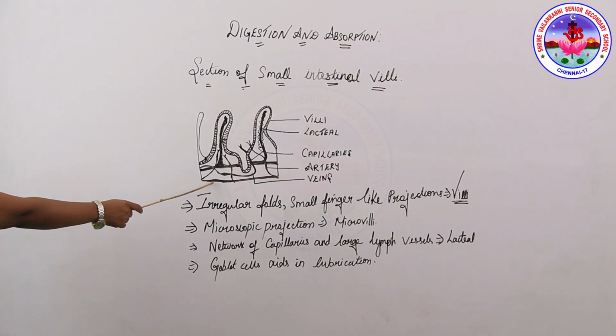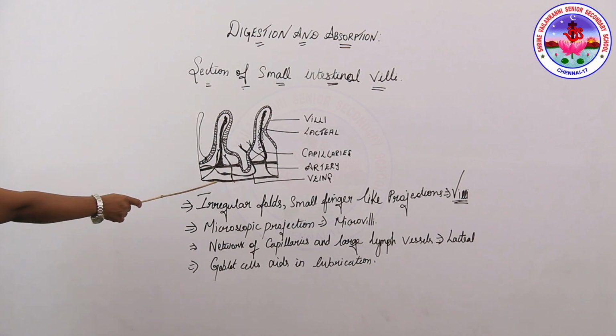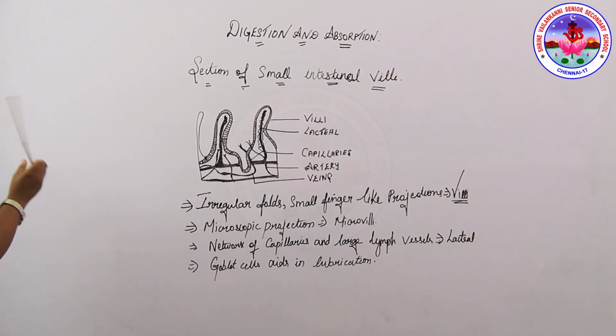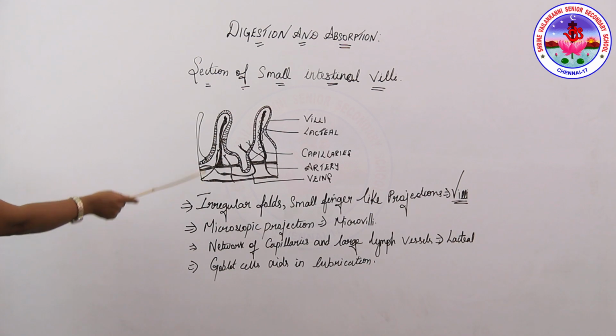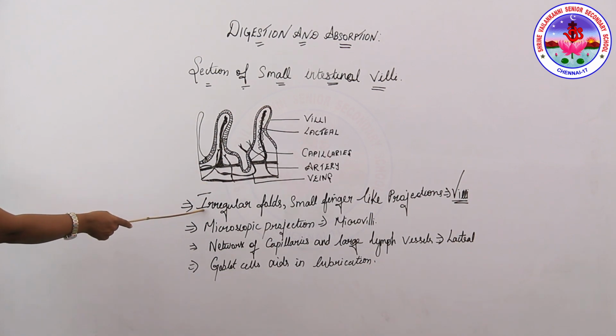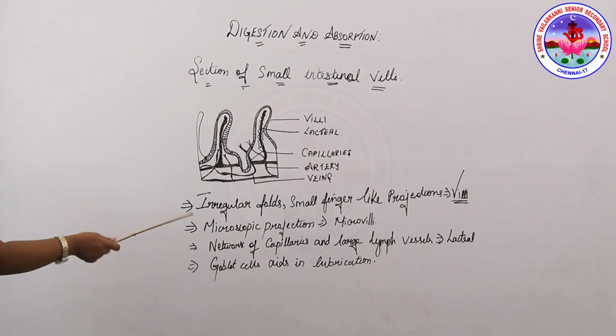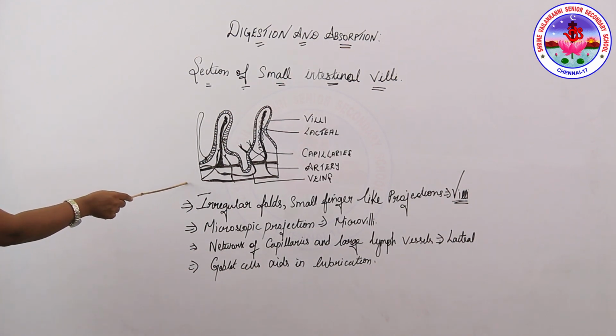It has specialized cells to provide a large surface area for the absorption of nutrients. There are finger-like projections called villi. This folding looks like irregular folds of small finger-like projections, which are called villi. What are the villi? There are also circular folds, which not only increase the surface area but also help absorption, as they slow down the passage of the luminal content.